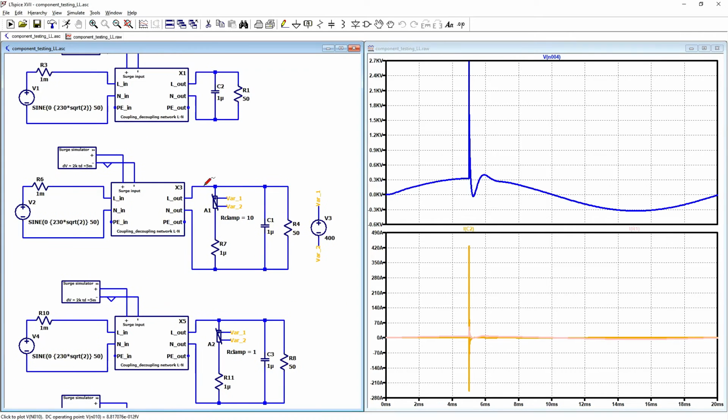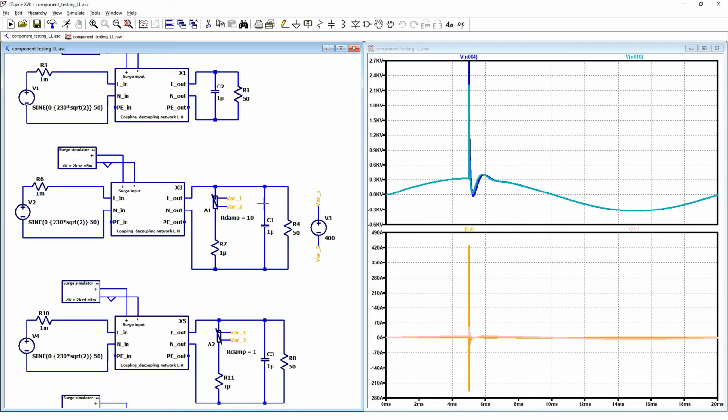If we add a varistor, what will happen with the voltage? It is lower, but still pretty high. The load will see more than 2 kilovolts because this is a bad varistor with 10 ohms